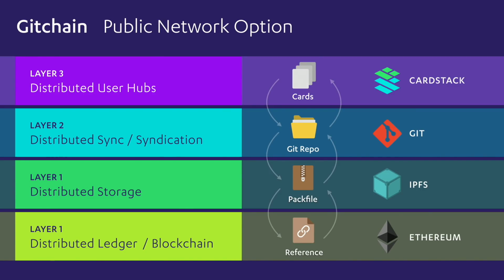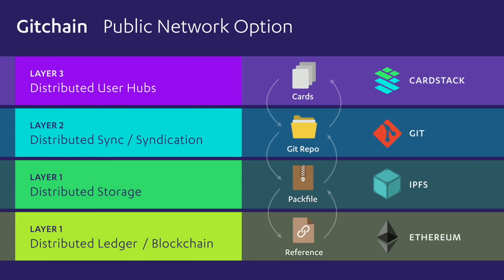And then we're working on porting all the code that we are using to keep track of things in a private blockchain and move to Ethereum. So if you want to say, I want to publish this thing to Ethereum and I want to have something in IPFS, we can help you synchronize that. So this is what we call the public network option. And if you want other storage mechanisms, such as Sia coin or whatever it might be, or Filecoin, if it becomes a thing in the future, you can certainly change just the adapter between Cardstack and those protocols and make it happen.